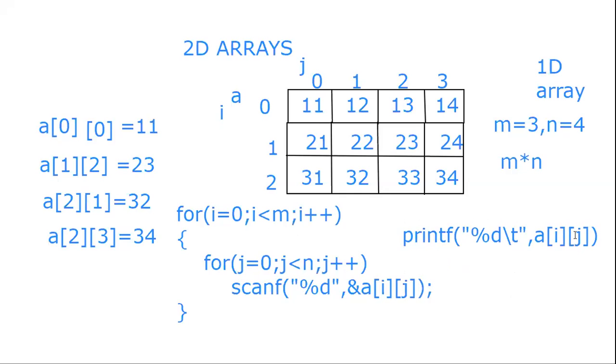So here, like every concept, even 2D array, the first program is simple input and output. We are taking input for the 2D array elements and then printing them. So previously we have seen character input, take one input and print it. Even one dimensional array, take an input and print the array. Similarly, 2D array also, we will take input for the 2D array elements and print them in the same format, like a matrix format. So let us see. That is in the lab sheet.